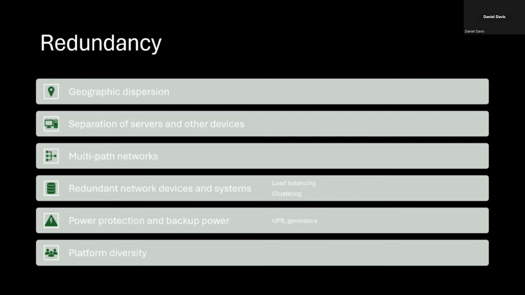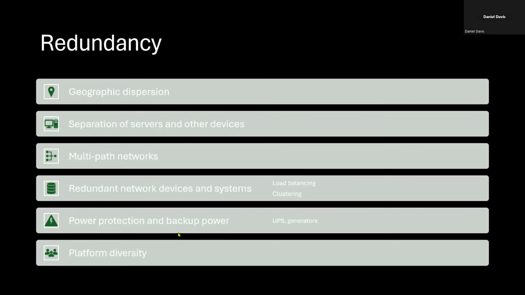Redundant network devices and systems. This is a fundamental aspect of high availability design. Essentially, we're ensuring that we have redundant hardware, firewalls, switches, routers, so on and so forth. We have a couple of examples of how we implement this type of thing: load balancing and clustering,